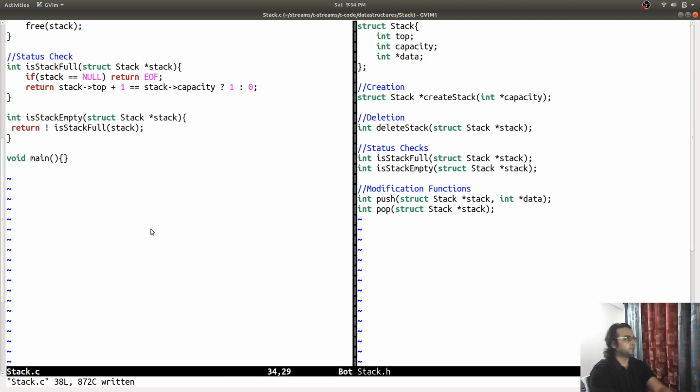So I'm going to remove this, and if stack is equal to null, return end of file, because there is nothing there. Return stack empty: if stack top is less than 0, then it is empty, otherwise it is not.